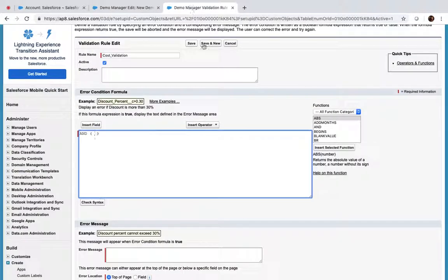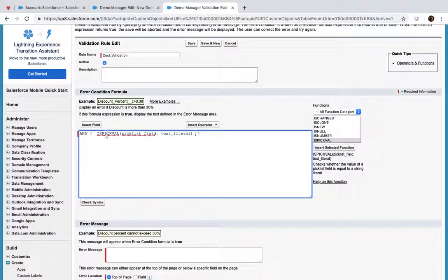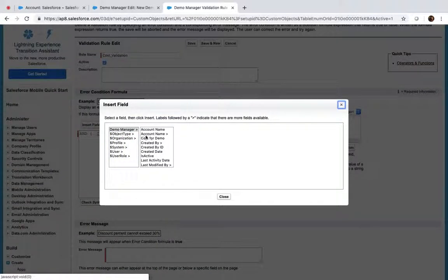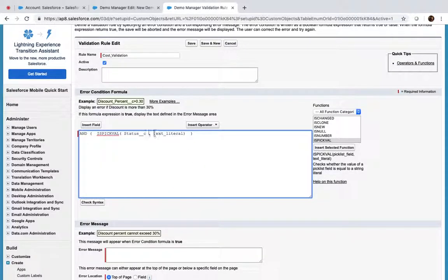If you want to read the value of a pick list, you need to use ISPICKVAL. There is a function called ISPICKVAL. ISPICKVAL is a function to read a value: what is selected in the pick list? Now click on insert field. What is the field? Status. Insert. And then